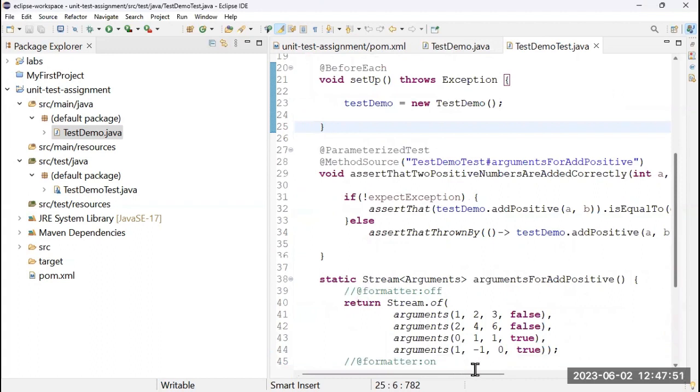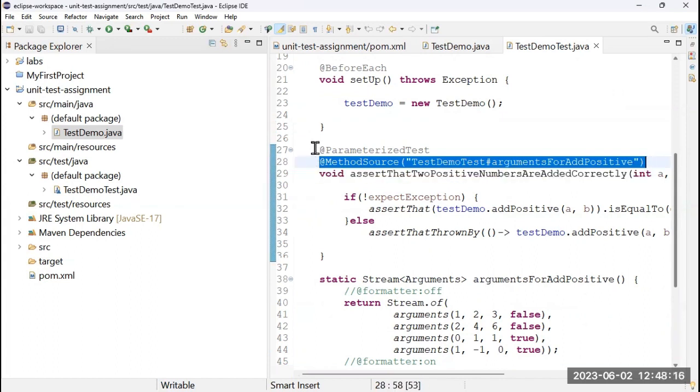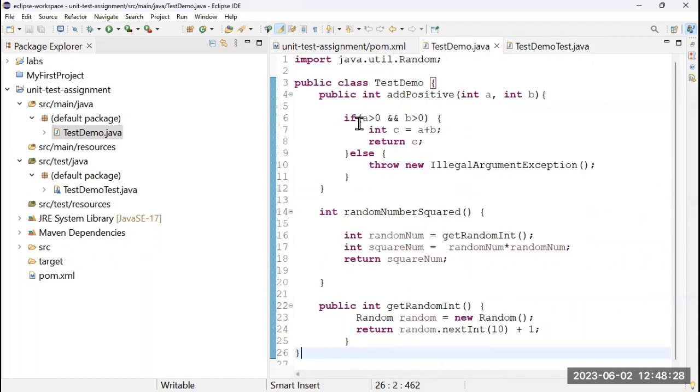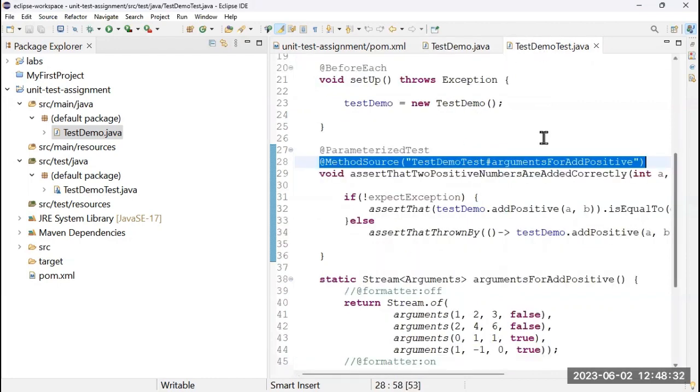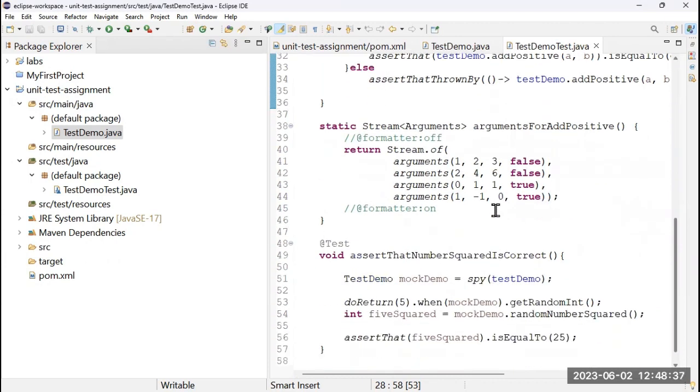This is a stream of arguments that is supplied using this annotation. But these two annotations do allow these arguments to be used in this method in order to run the test and supply these values to the actual method over here in this class. All right, and in the same way,